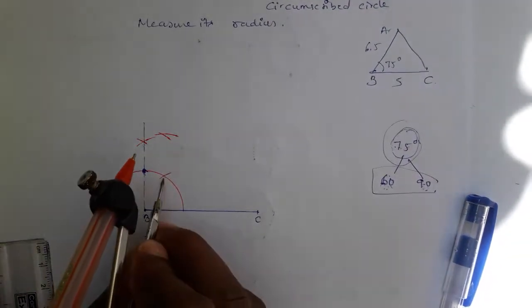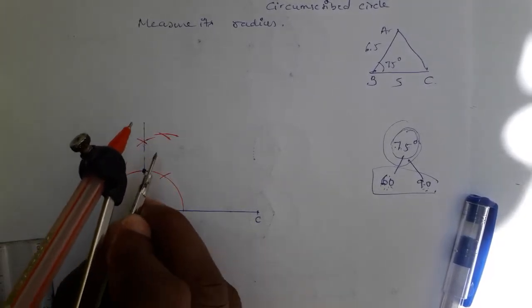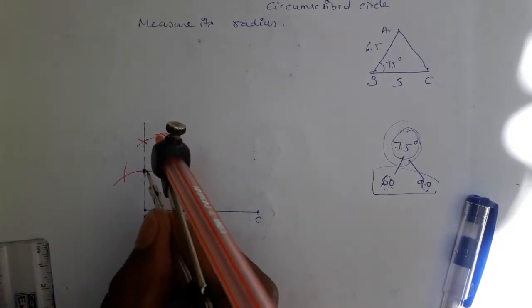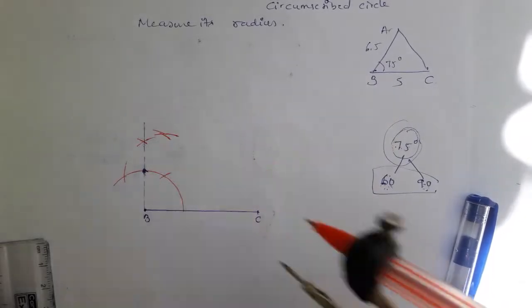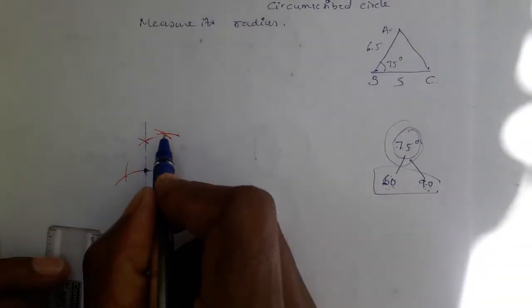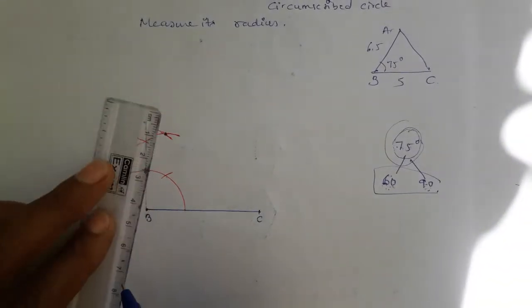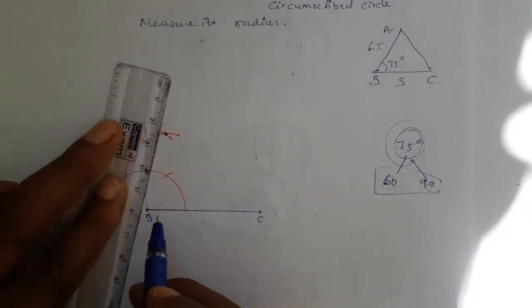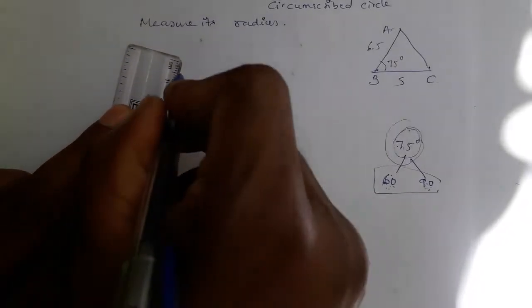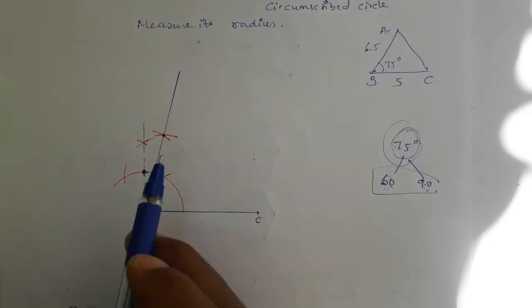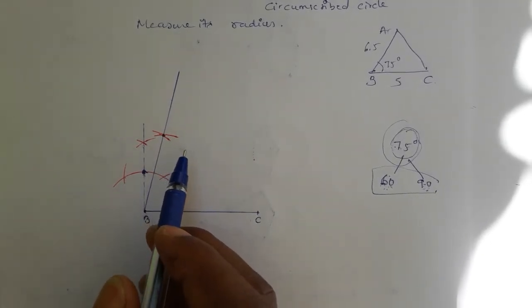Look at now. From 60 one arc. From 90 the other arc, like this. Both the arcs are meeting here. So that is your required 75 degree. You can draw that 75 degree line. Look at this, I got 75 degree. Is your 75 degree correct or wrong?